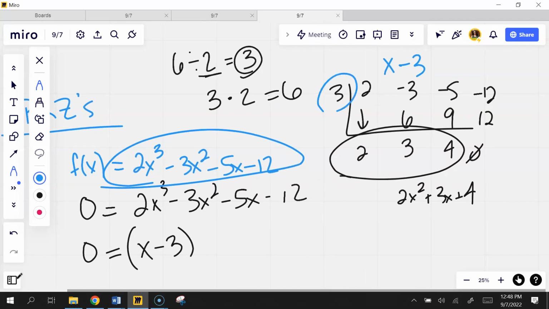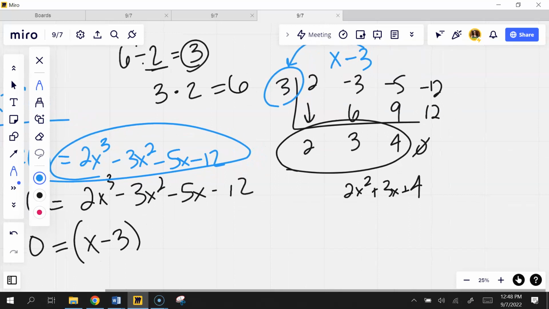See how I put the 3 on the outside, the opposite sign? That means I divided by x minus 3. Yes, this is a problem we worked yesterday, the blue problem. I'm just piggybacking on what we did yesterday. I just said 2x cubed minus 3x squared minus 5x minus 12